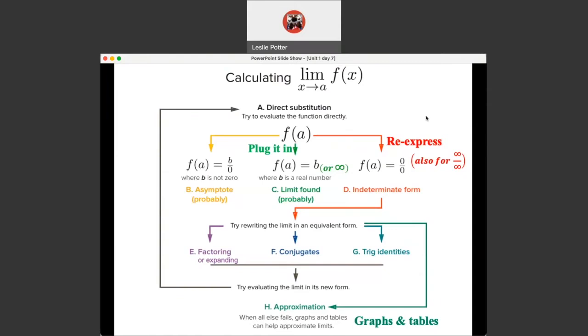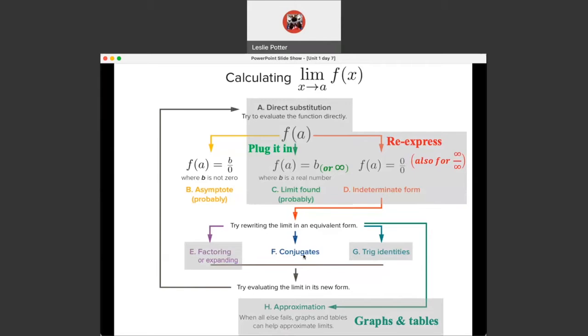So if we go back to looking at our flow chart, just to kind of revisit what we've done: direct substitution. Direct substitution, we plug in a value into a function, we get a value out, that's the limit. I say probably, but really with almost certainty. We've talked about approximations using tables and graphs. We've talked about re-expressing, especially rational functions, right? When we get 0 over 0, I know there's a 0 in the denominator here, but remember the 0 in the numerator also makes that special property where we have to re-express these rational expressions